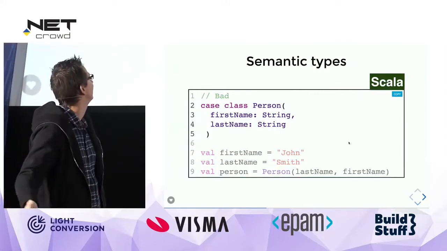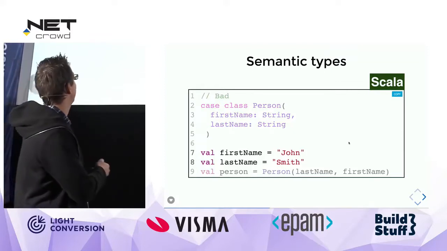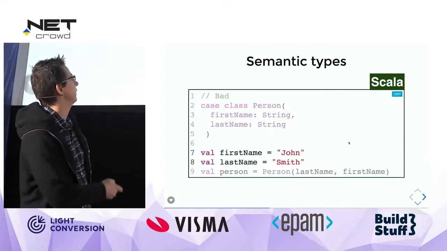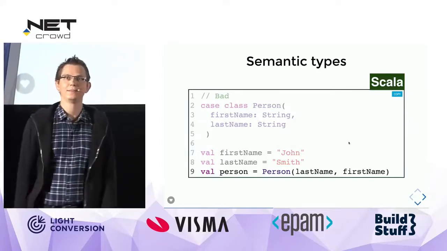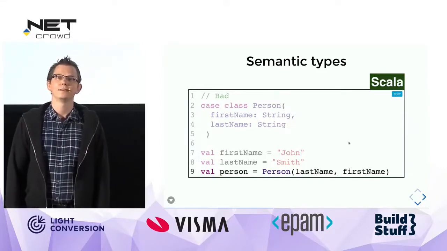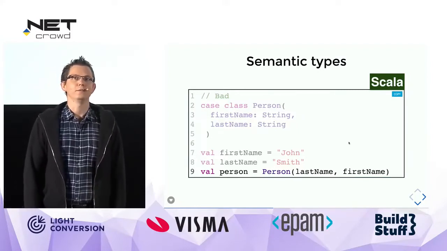Okay. So yeah, as I mentioned, we have a person, and his first name is John, and then it's Smith, and then who sees the error? Can you raise your hand? That is horrible. It's like 5% of the room.